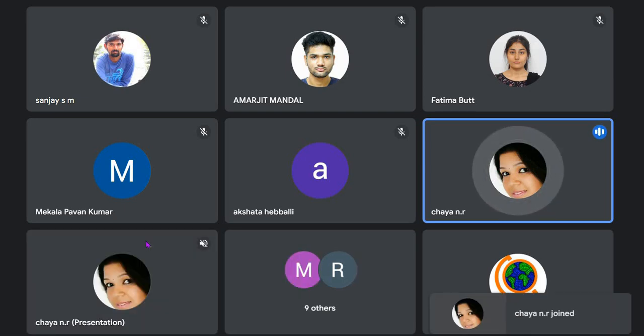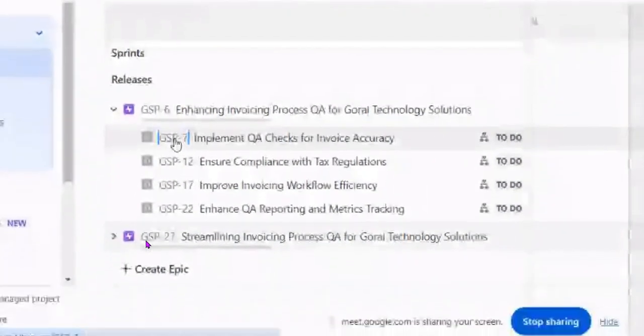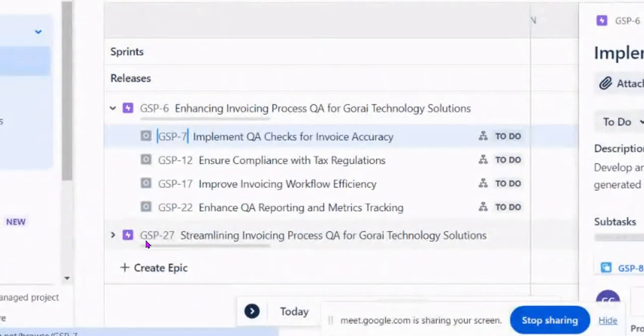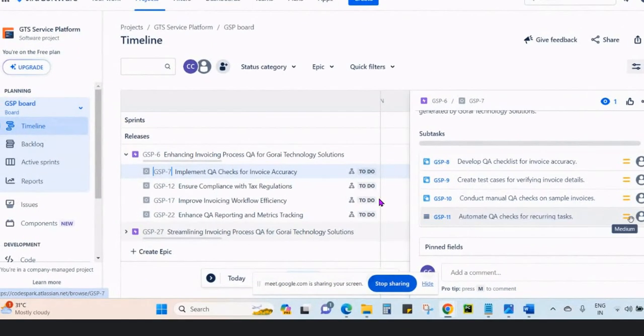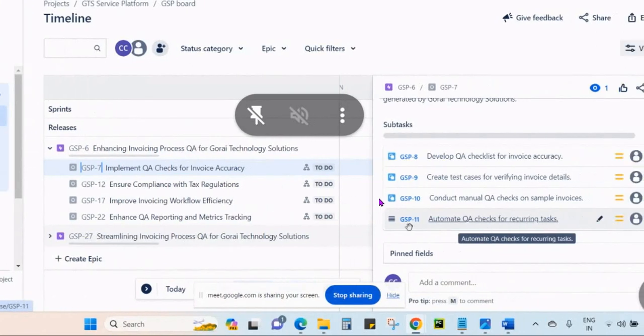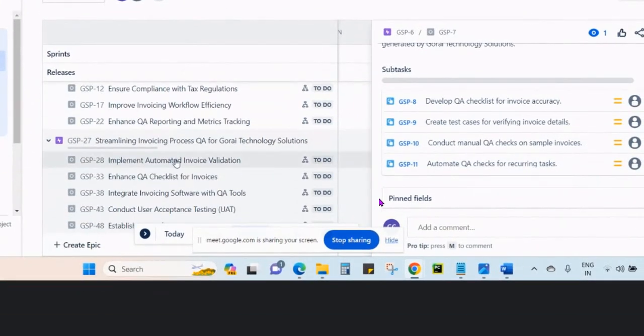These are the two epics. I created the epics and four stories, and for each story, I created a subtask.